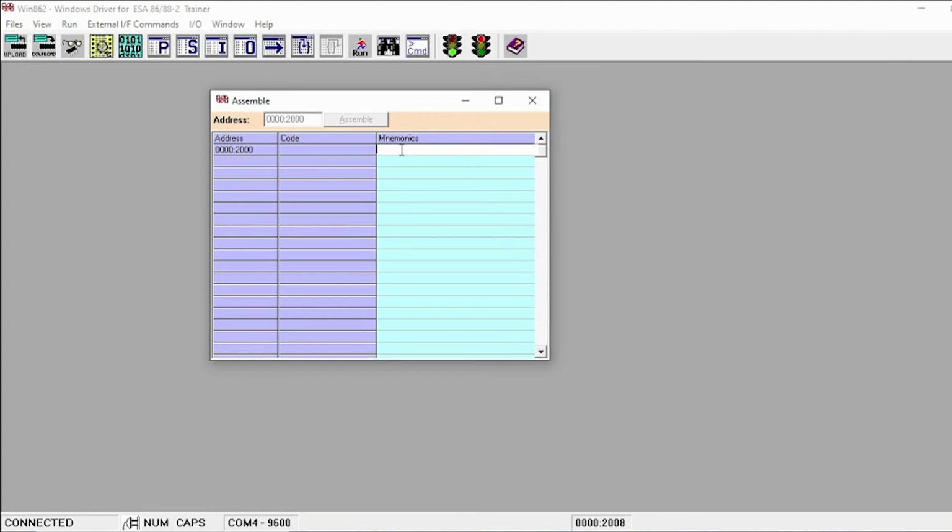Again, to perform the 16-bit division operation, write the program: MOVW AX, #0000. This instruction is used to clear the accumulator. MOVW AX, #0040.